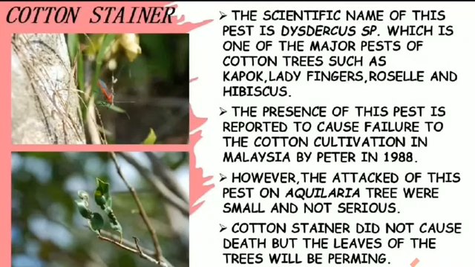Cotton stainer. The scientific name of this pest is Dysdercus species, which is one of the major pests of cotton trees such as kapok, ladyfingers, roselle, and hibiscus. The presence of this pest is reported to cause failure of cotton cultivation in Malaysia by Peter in 1988. However, the attack of this pest on Aquilaria trees was small and not serious. Cotton stainer did not cause death, but the leaves of the trees will be